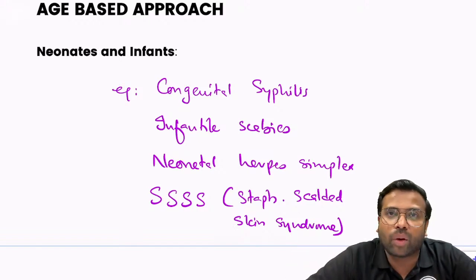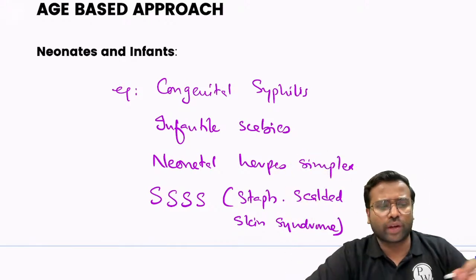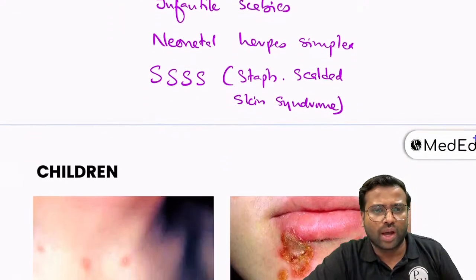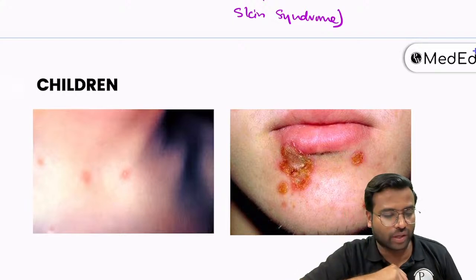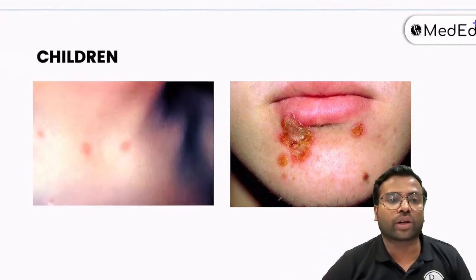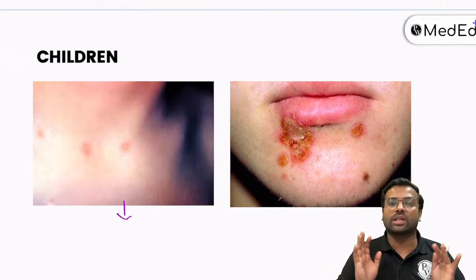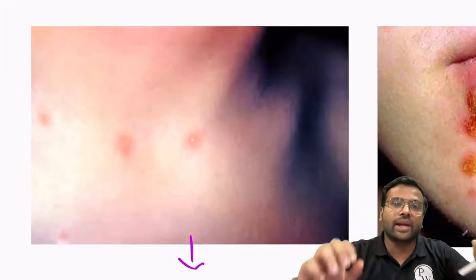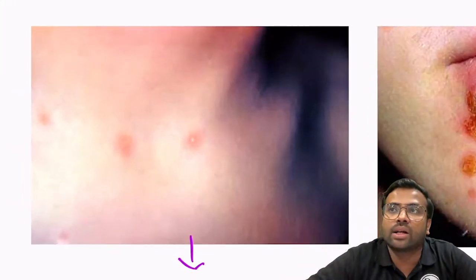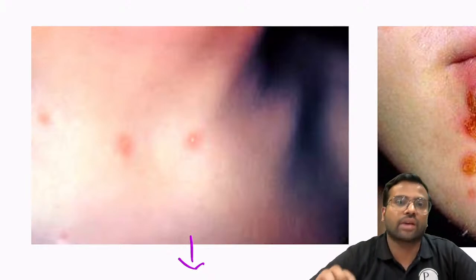Now let us think about a child, a 4-year-old child or a 5-year-old child. When a 4 or 5-year-old child comes to you and you see something like this, so I'm just moving it. Excellent, Kalai, your answer is right. So now let us think about a child. I think when it comes to a child, we can easily cut it down. It is very easy. Because if a child presents to you, the history is like, the child had a fever 2 to 3 days ago, and after this fever, the child has developed these kind of